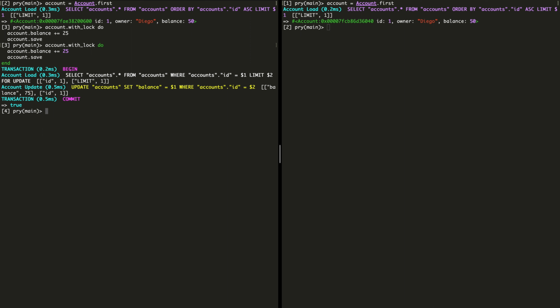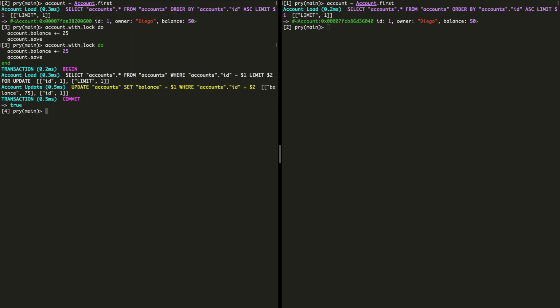You can see there's a select statement in there pulling the account from the database again, even though it was already in memory. You can also notice there's a for update modifier at the end of the select statement. That's how you lock a record in Postgres, which is the database I'm using, and Active Record abstracts this for us. Until this transaction is committed or rolled back, that particular account cannot be selected for update by another transaction. This prevents concurrent access to the account.